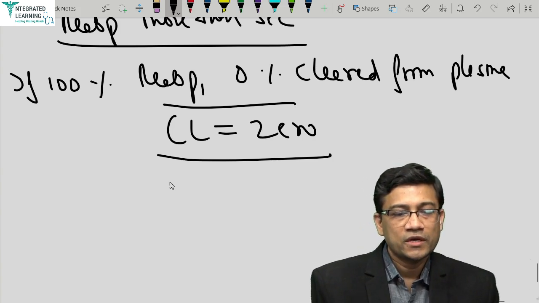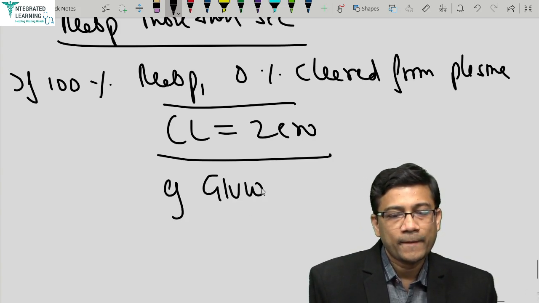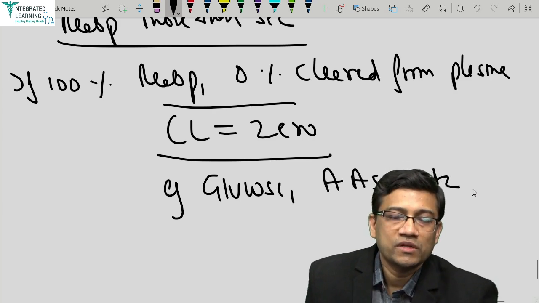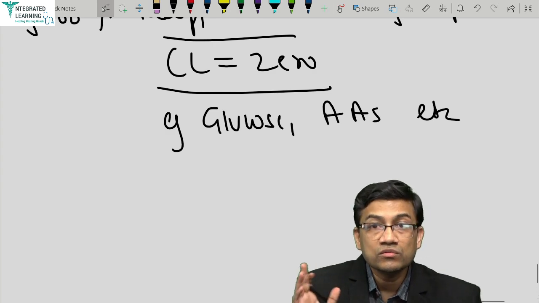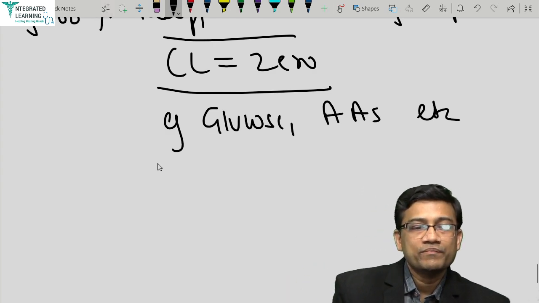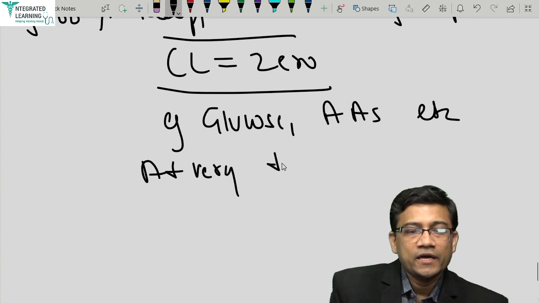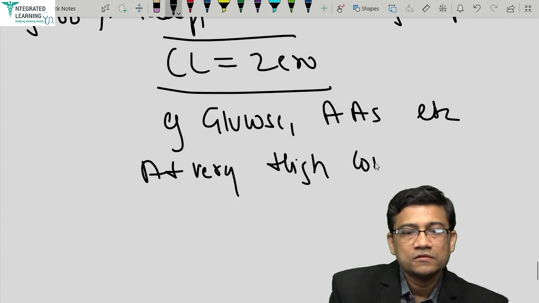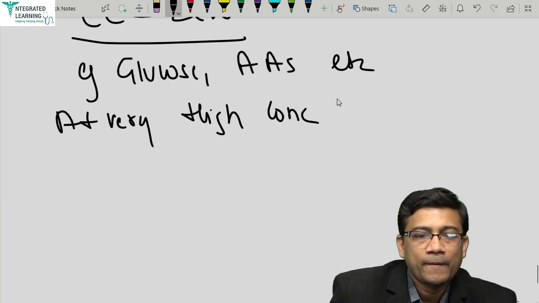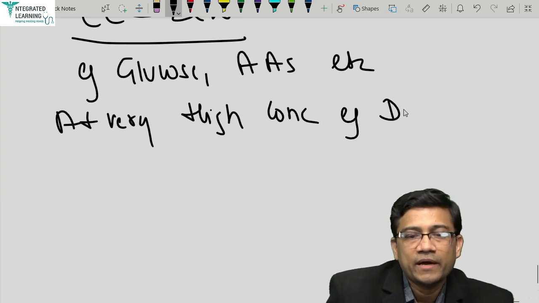low as 0. Example, glucose, amino acids, etc. What is the clearance they have? Their clearance is equal to 0. Now again a problem: at very high concentration, for example, in diabetes patients,